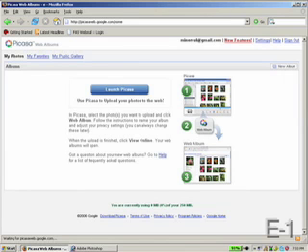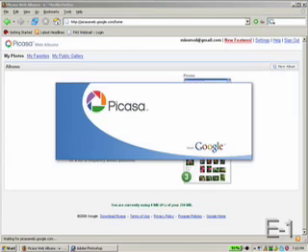From there, to make this work, you're going to need to have a Google account. If you were to sign in, you would notice at the top there's an option called Photos. You click on that, and it leads you to picasaweb.google.com, and it will ask you if you'd like to launch Picasa. If you click on that, it will actually open the program from your computer, and you will be presented with